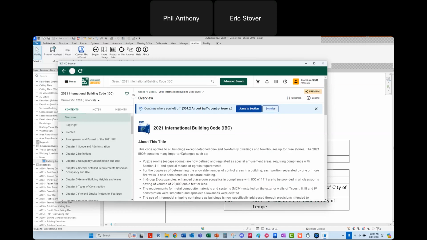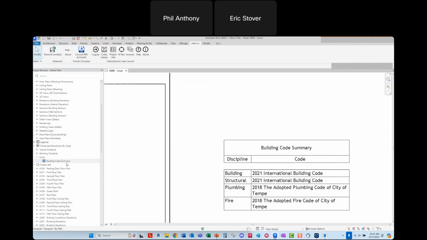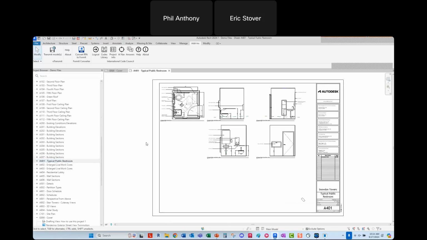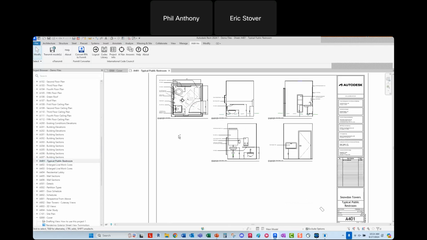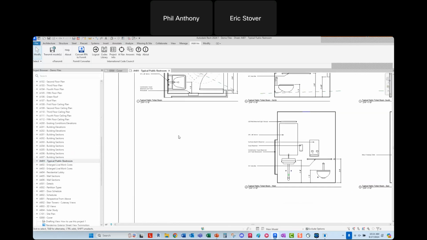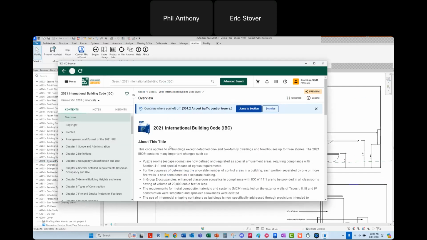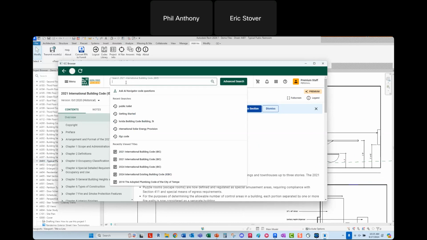taking text and documenting your drawings, let me go back and bring up a sheet here in Revit. Let's see, scroll down at my sheets. Let's use typical public restrooms. And let me scroll into one of these details. Bring it in. So what we've enabled throughout this interface, and I've already done this before,